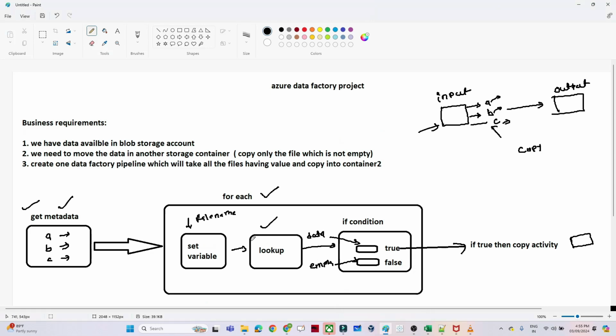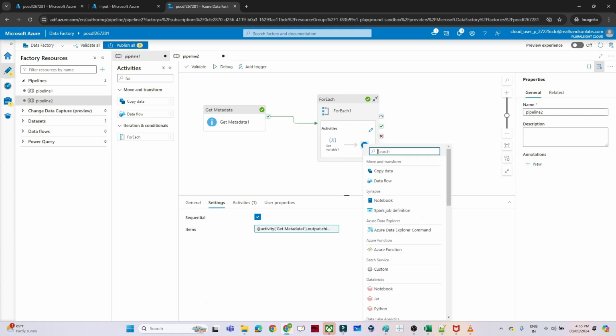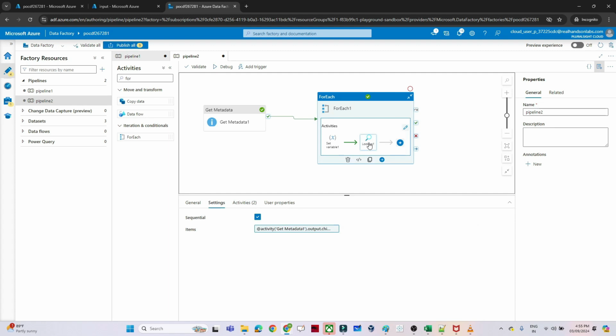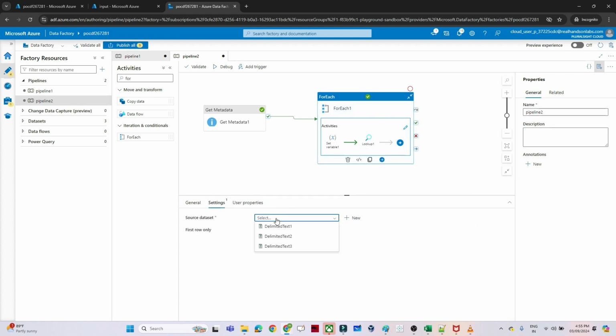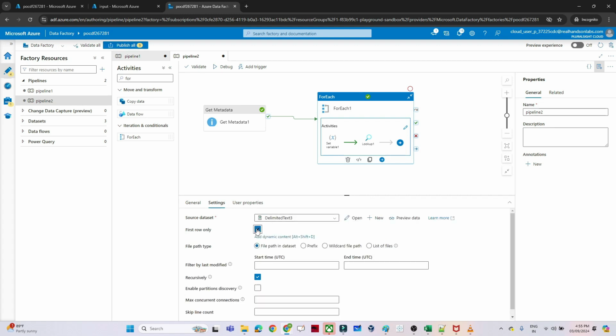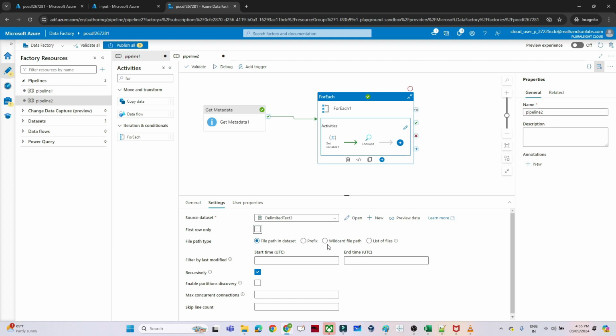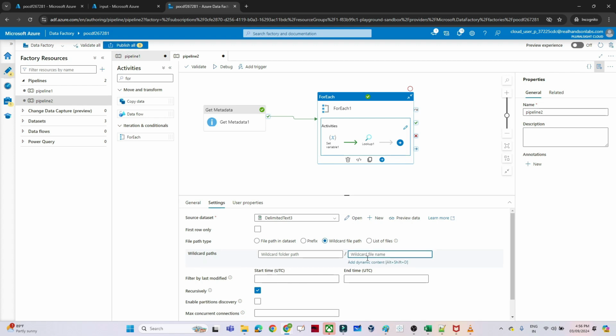Now after that, I will use a lookup activity to read the files one by one. So I'll click here, add activity, and click on lookup. In this lookup, I will go to the settings and select the dataset. This is the dataset we have created, so I will select that. This first row only, you have to remove because we want all the files. Now select this wildcard file path. Now here in the add dynamic content,